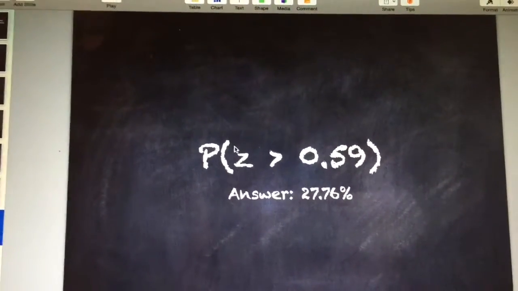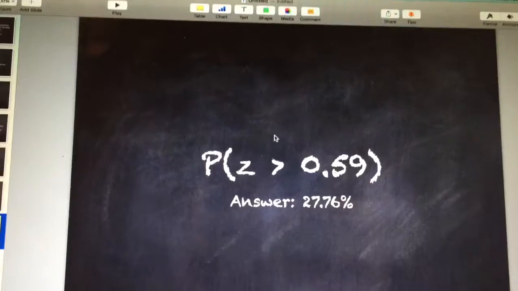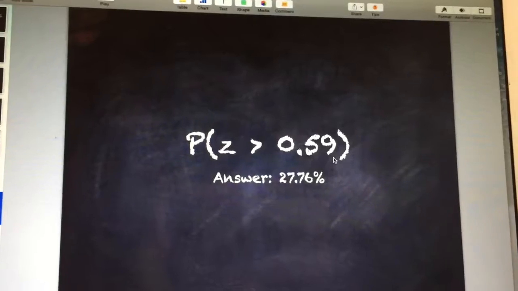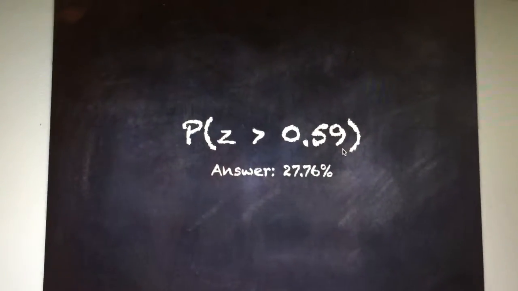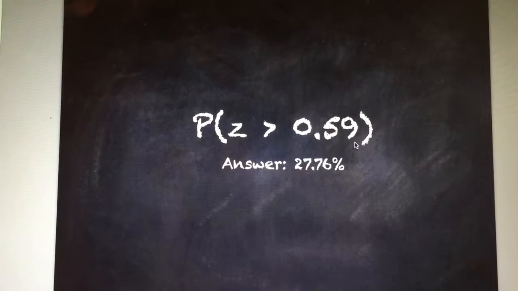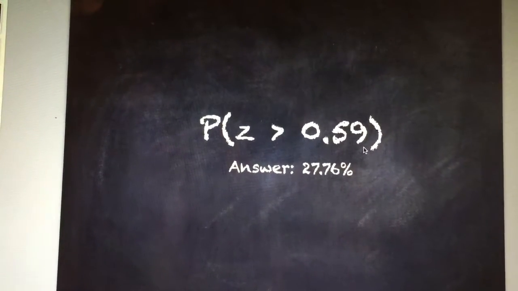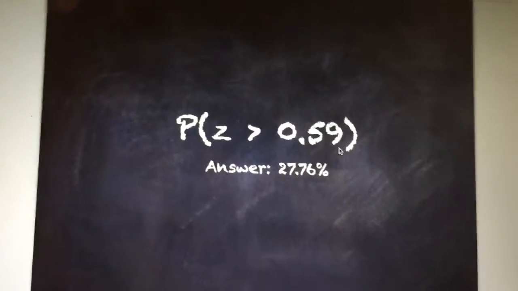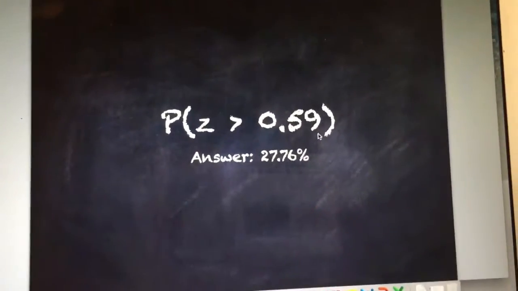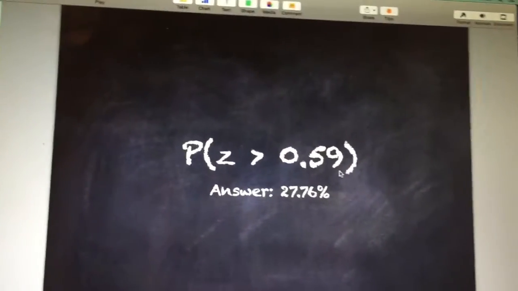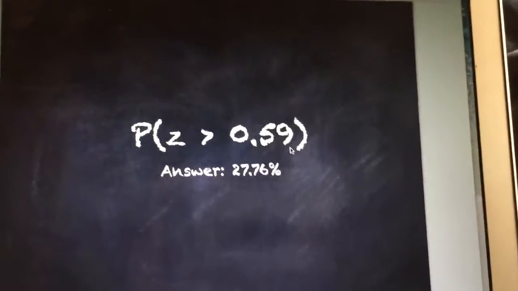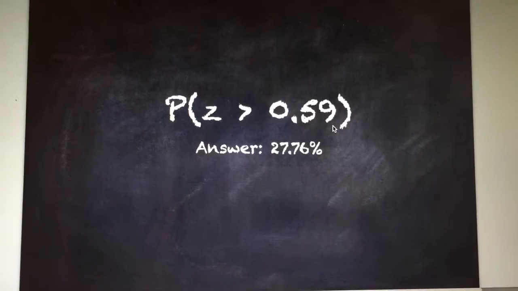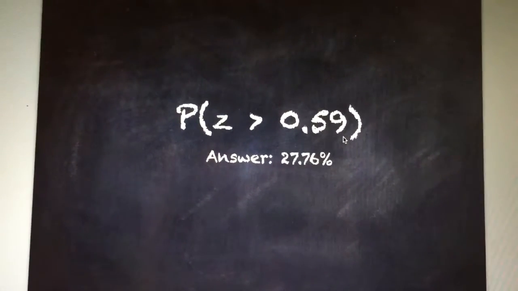Let's do another one. With this, we see the probability of the standard normal distribution greater than 0.59. Now let's not get tricked by this one. Every time it goes to the right, we always need to subtract 1 minus the probability that we get, because we're doing the opposite of what we did before, because it's greater than, not less than, if that makes sense. So by doing this, we need to go down our chart in Table E. We need to find 0.5, go down, we need to go over 0.09, and we should get